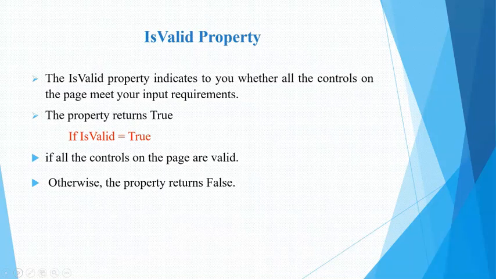the IsValid property. The IsValid property indicates to you whether all the controls on the page meet your input requirements. The property returns true if IsValid equals true, that is, if all the controls on the page are valid. Otherwise, the property returns false. The next slide is about